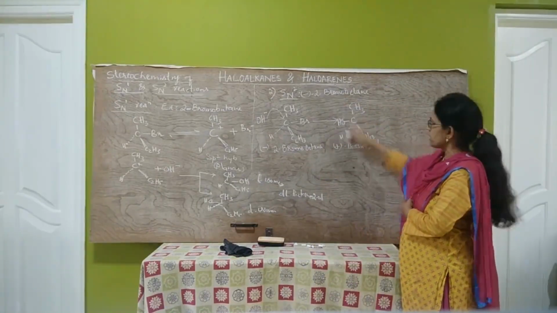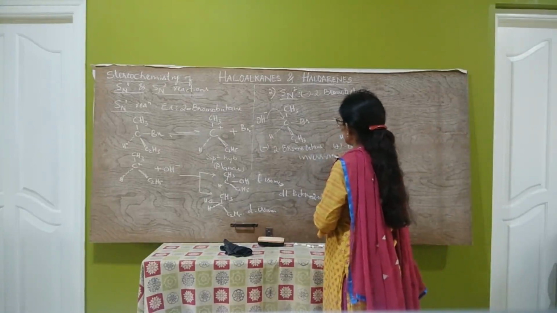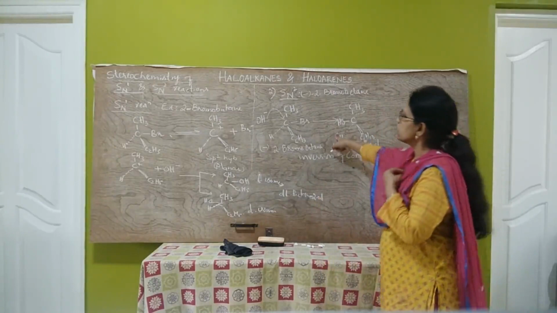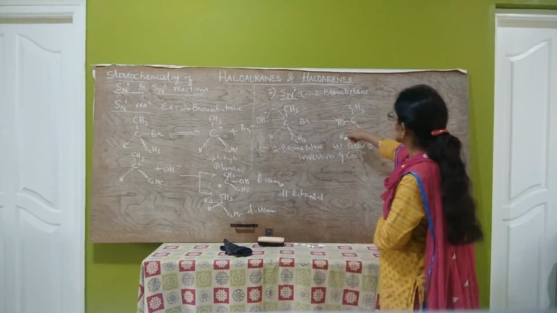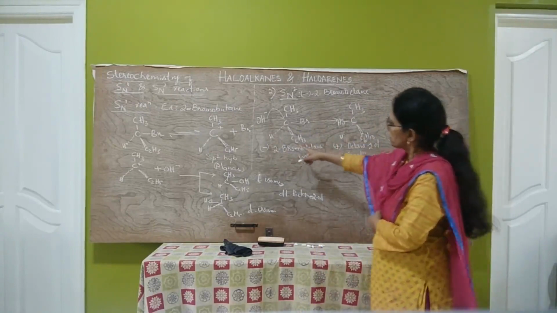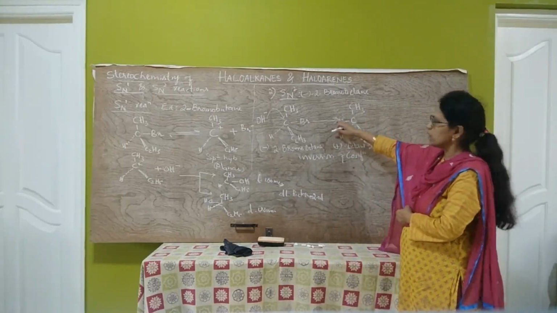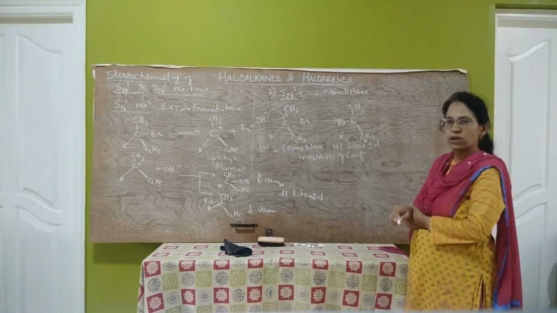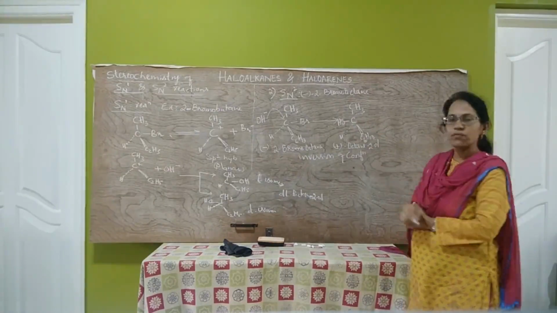Whereas during SN2 reaction, inversion of configuration takes place. This is because in SN2 reaction, the nucleophile can attack only from the opposite side. Therefore, this results in the inversion of configuration. So, for example, -2 bromo octane on heating with aqueous NaOH undergoes nucleophilic substitution reaction to form plus octane 2-ol. That is, this SN2 reaction results in inversion of configuration.